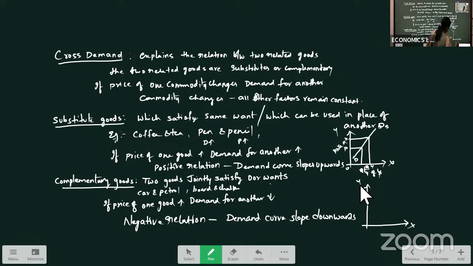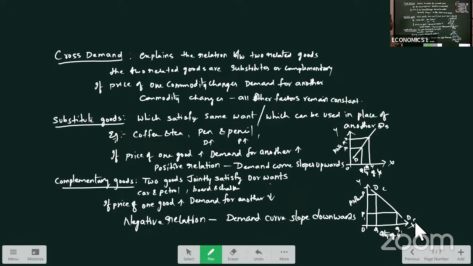On the x-axis, we take quantity of Y and price of X. If the price of petrol is high, demand for petrol cars is low. If the price of petrol decreases, demand for cars will be high. So there is a downward sloping demand curve for